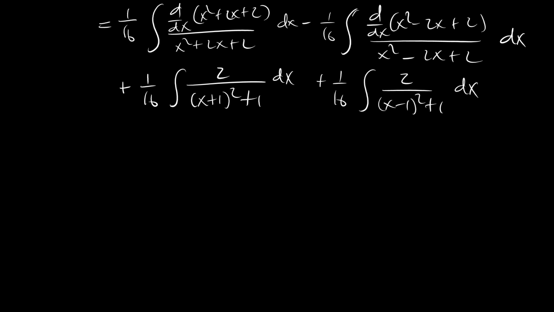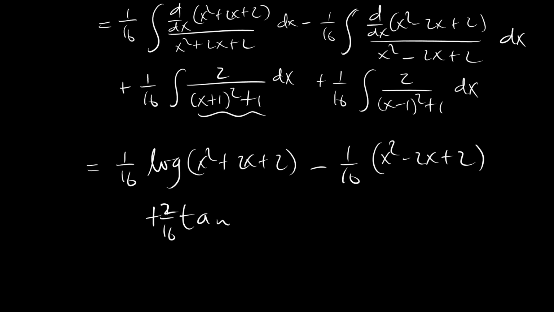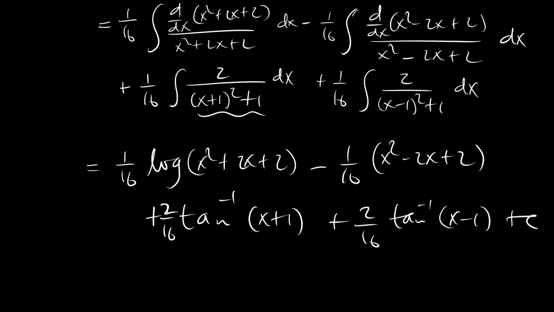So from here it's easy to see that we have 1 over 16 natural logarithm of x squared plus 2x plus 2, the integral of a derivative of a function over the same function, minus 1 over 16 x squared minus 2x plus 2 plus, this is 1 over 16 actually times 2 arctangent of x plus 1 plus 2 over 16 arctangent of x minus 1 plus c,